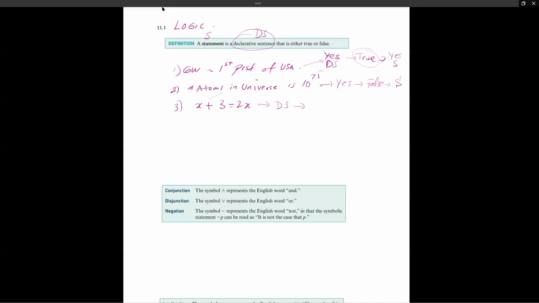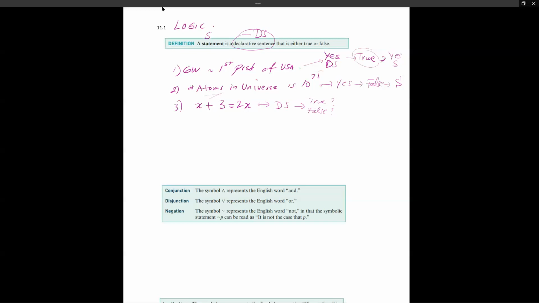You see, the problem with this, the value of x is not specified, all right? So you can say this is true. You can say this is false. Why? Because this can be solved, right? It clearly can be solved. You do 2x minus x equals x, x equals 3.